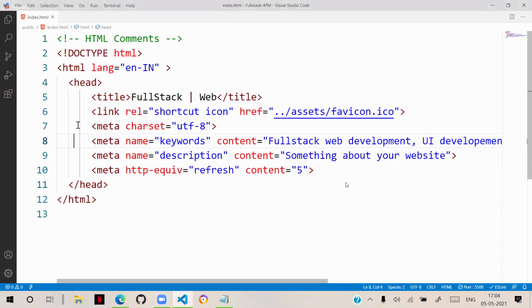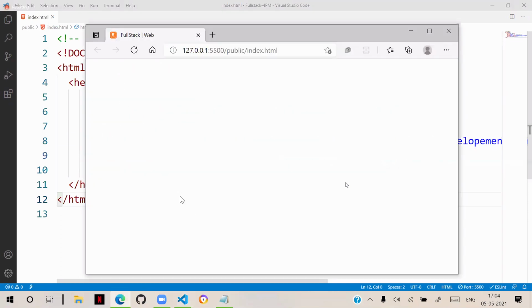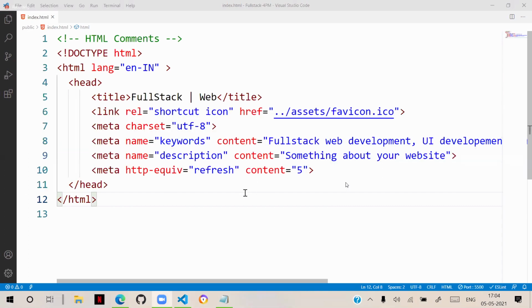But whatever you designed in the head section is not going to display anything inside this page. So that is the basic head section of the page. I hope everyone understood these points. Clear? Everyone understood? So what is the purpose of meta, link, and title, right? We are going to learn more about meta in later stages. We are going to understand so many things about meta. Here we just learned a few basic things like character set, keywords, description, HTTP. Some more options will come; situation-wise, you will learn about them.